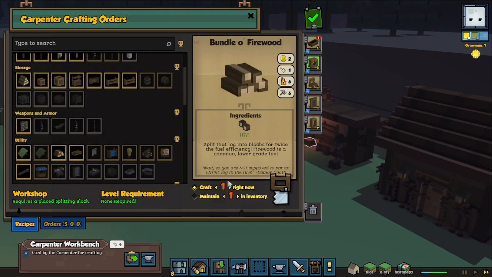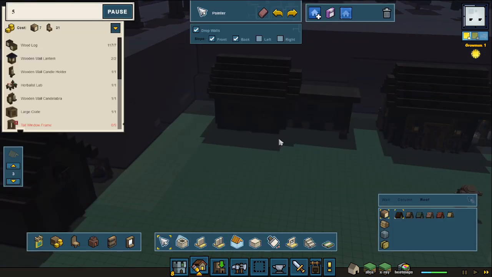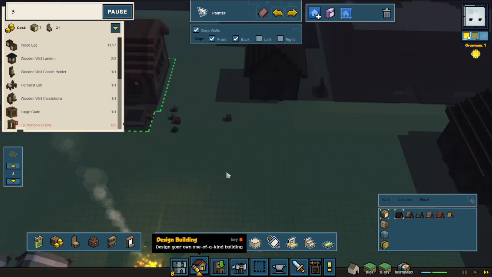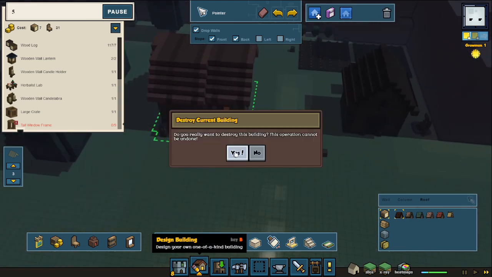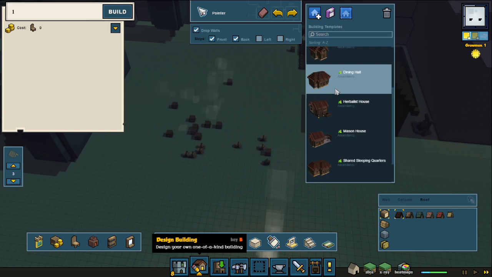Well, we will want some firewood. But yeah, you know what, it's a good idea to do that. I'm just going to have you craft 8 of those. Oh, drat. Okay, before that goes too far, I'm going to destroy that building. I'm going to place another one,